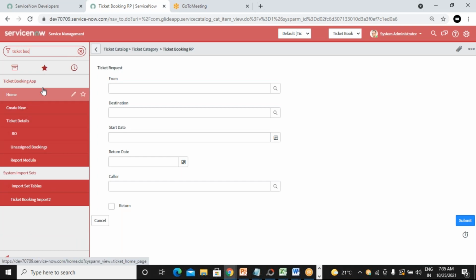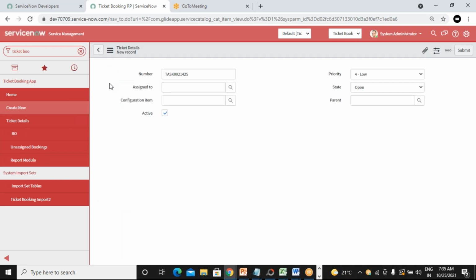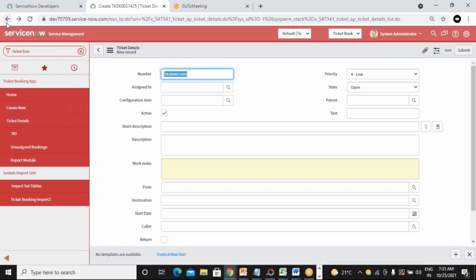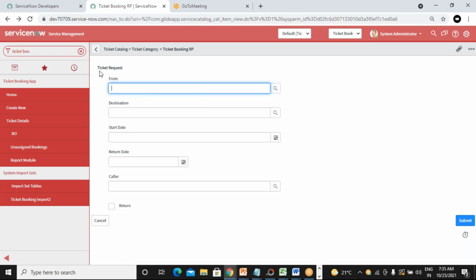But as an end user, we need not give access to all these modules. For a few modules, maybe for maintaining internally, like assigning tickets and changing the status, they can see more options and manage the ticket. But an end user only needs to submit a request. For that, this simple form is enough.